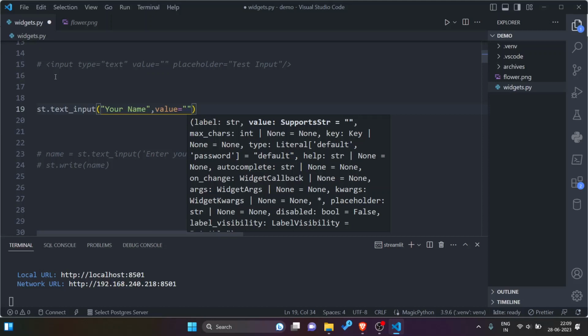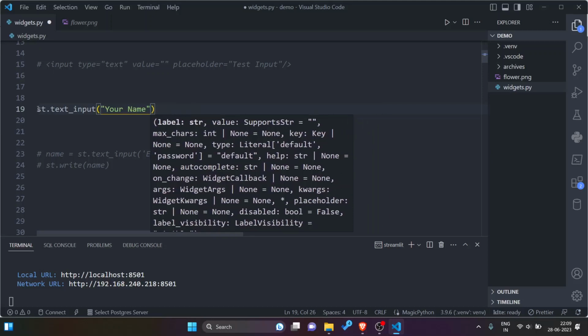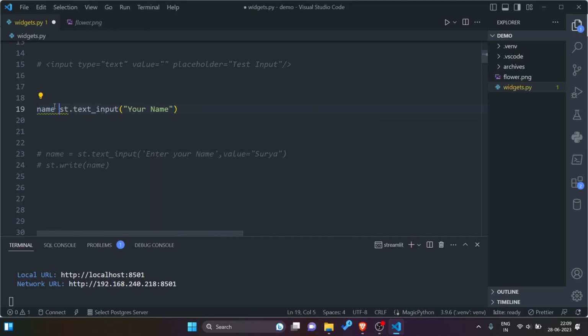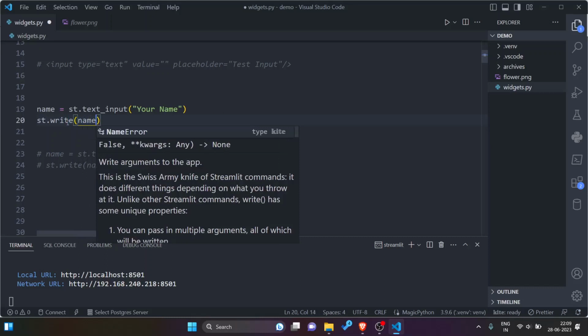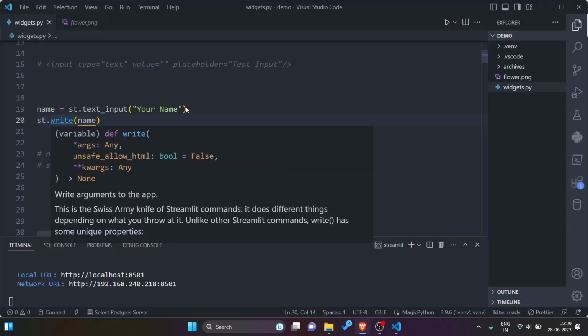Let's keep it blank, or let us remove it altogether, and let us say name is equal to this, then st.write name. Let us see. So your name, if I am writing Sandeep, then st.write shows Sandeep.